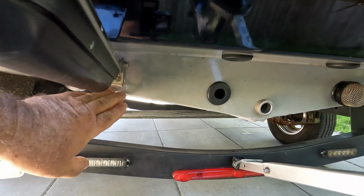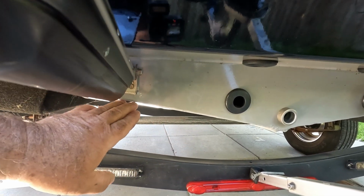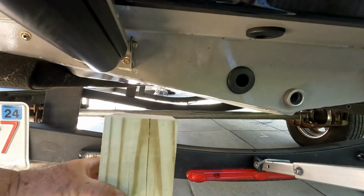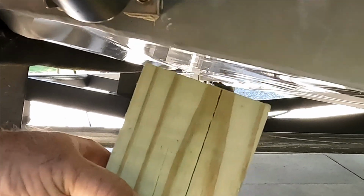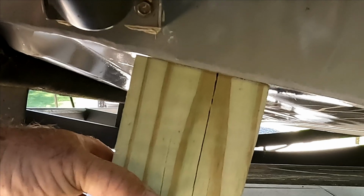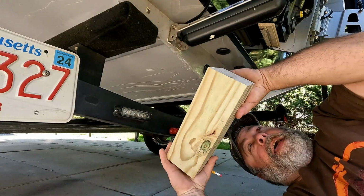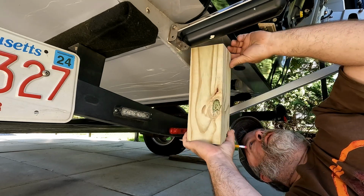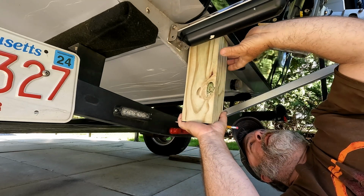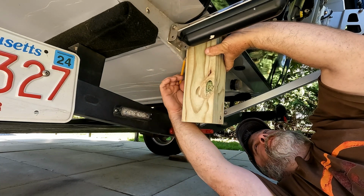So obviously from this angle, you get a good view that this is clearly angled and it's not a flat surface. So we wouldn't want it sitting straight like this. We want to get it to go like this. So what I'm going to do to achieve that is, this is a flat surface up here. So I'm going to put the flat end of this up here and then go right up against here with my pencil